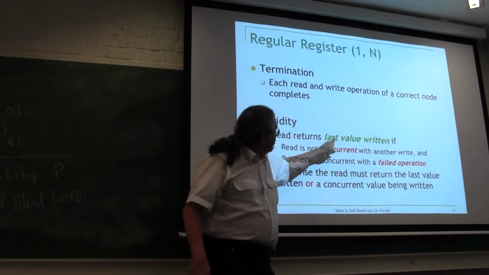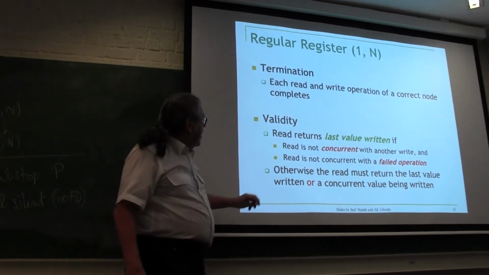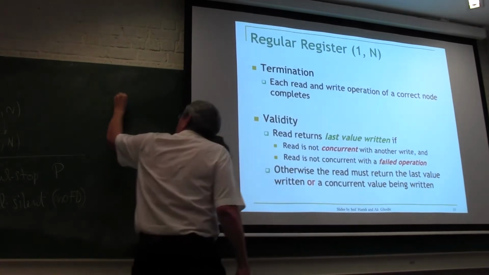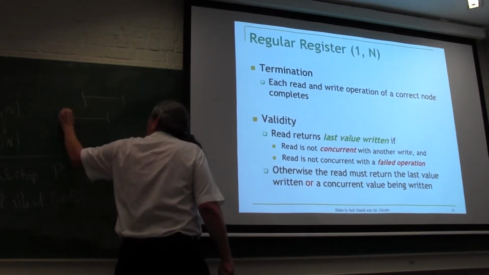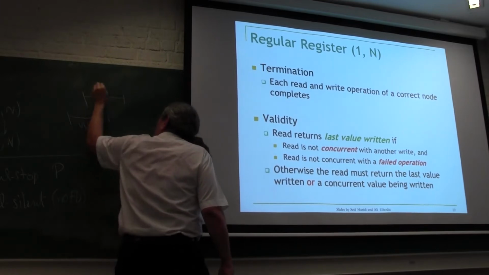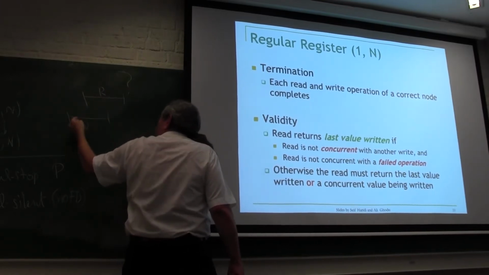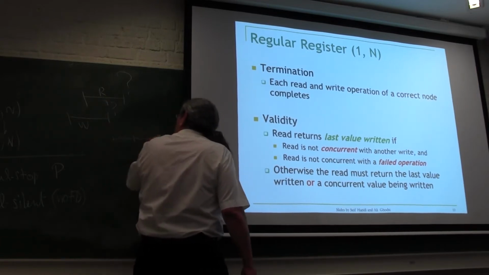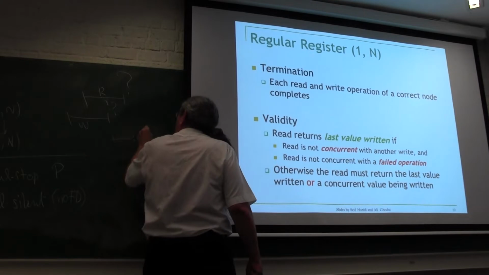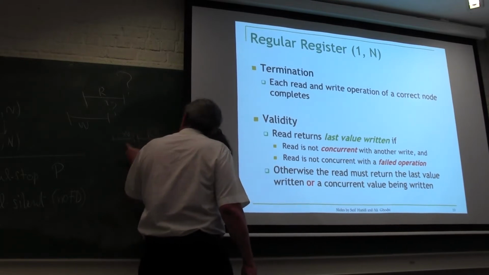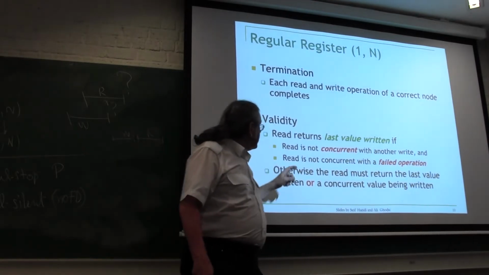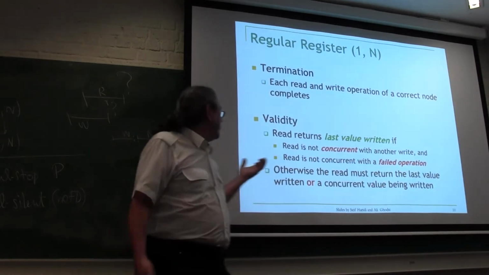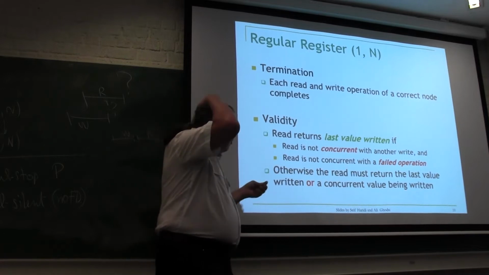The read returns the last value written if it's not concurrent with the write. So if there's a read and a write that are overlapping, like this, then we're not sure. Then we might not get this value. But if the read and the write are sequential, like this, then we will get the last value. Or it's not concurrent with a failed operation. Yeah, failed operations, they mess things up, of course. So the read,